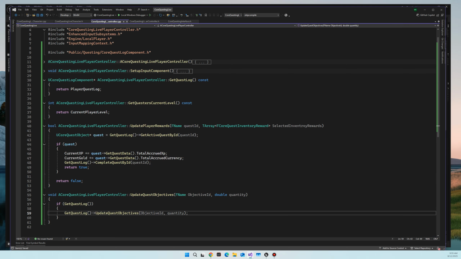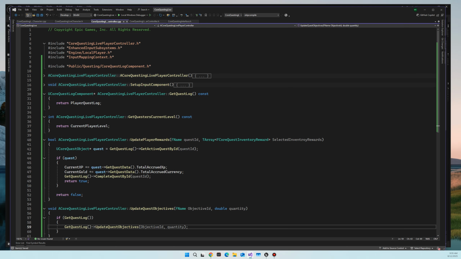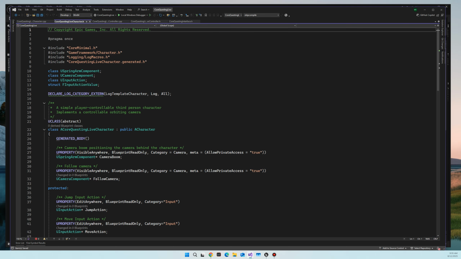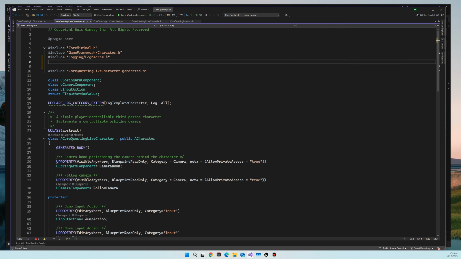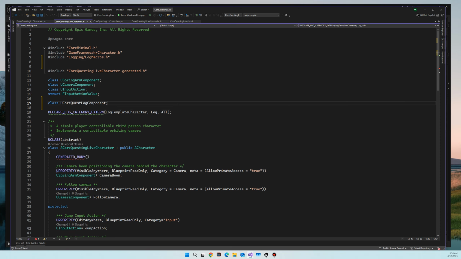Alright, so that should do it for our controller. So now let's come over to our character. For the character, it's something very similar. Just like with the controller, I'm going to put a predefinition up here for the quest log to let the compiler know that this thing's